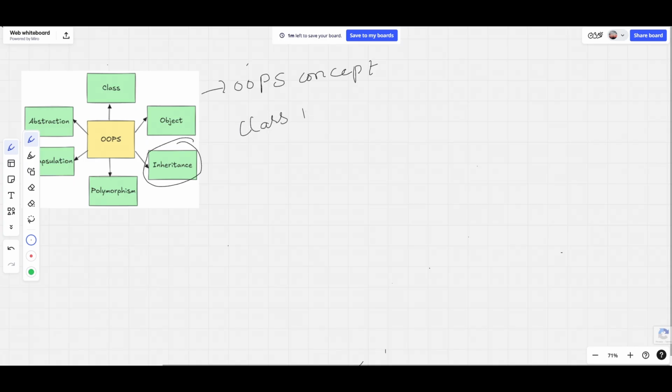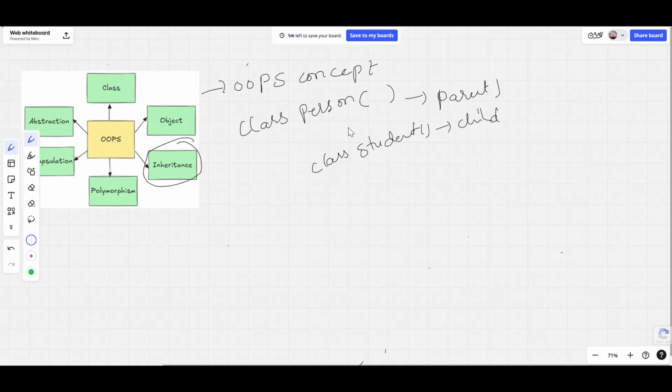Therefore, suppose class Person is one class which is named the parent class, and the other class, say class Student, is a child class. Here the child class can access the properties and methods of the parent class.